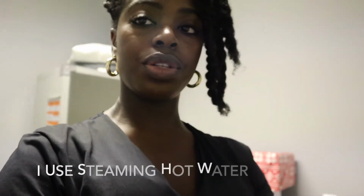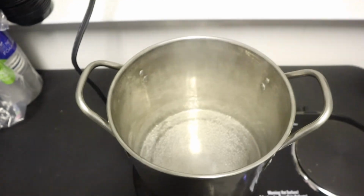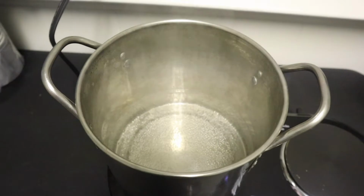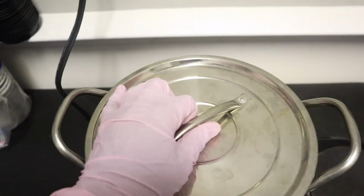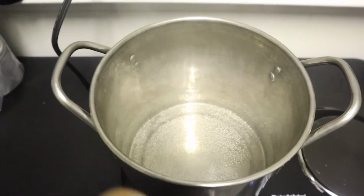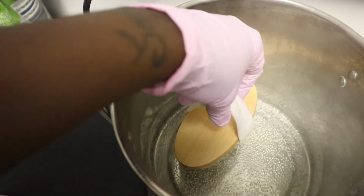Alright, after cleansing my dry brush, I go ahead and dip it in some hot water. I do have some hot water in a pot boiling. So I just take the dry brush and I dip it a few times in this hot water. Like I said, I have the pot on and it is coming to a boil and it's steaming. I had a lid on it like so. Then I took the lid off, but anyway, I take my brush and I grab it by the handle and I just dip it in so that it can steam it